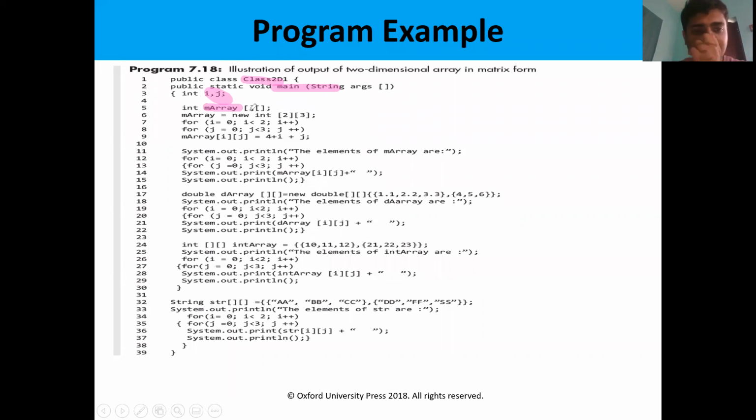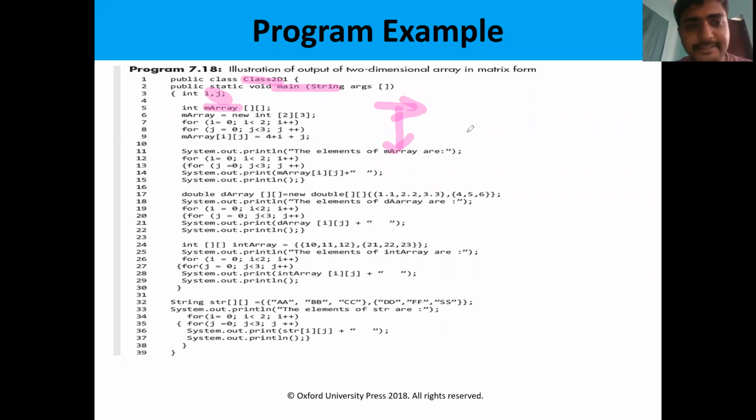For initialization in two-dimensional arrays, we need 2 for loops. For giving the values to that array, we need 2 for loops. To give the values in a single dimension, we need 1 for loop. So in 3 dimensions, we need 3 for loops. In 2 dimensions, for initialization or for display or anything, we need 2 for loops: one for loop for rows, another for loop for columns.